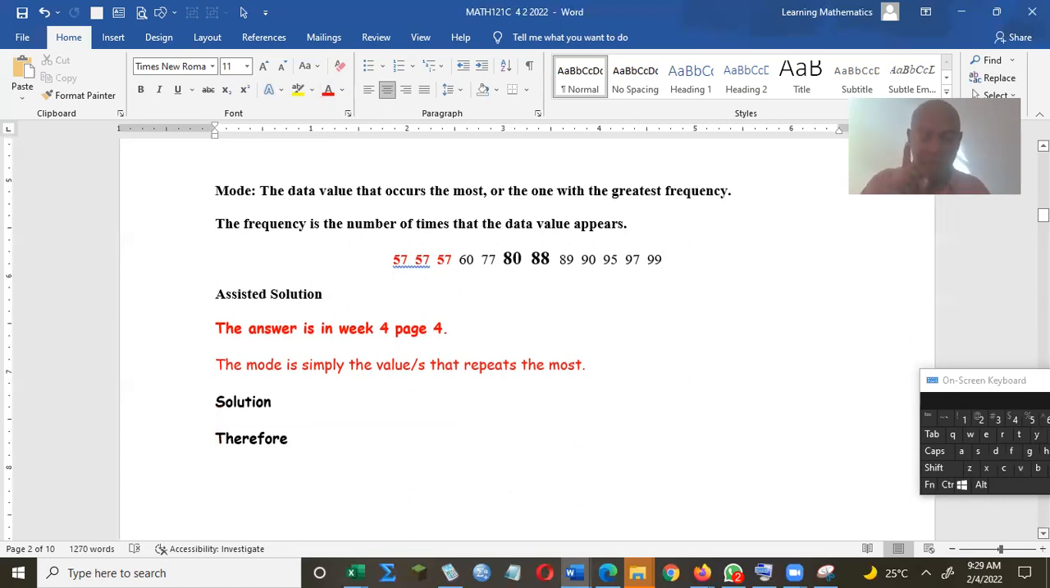You can have only 1 mean of a data set. You can have only 1 middle value, only 1 median, but you can have more than 1 mode. Okay, so bear that in mind. But in this case, we have only 1 mode. Therefore, since 57% has the greatest frequency of 3,